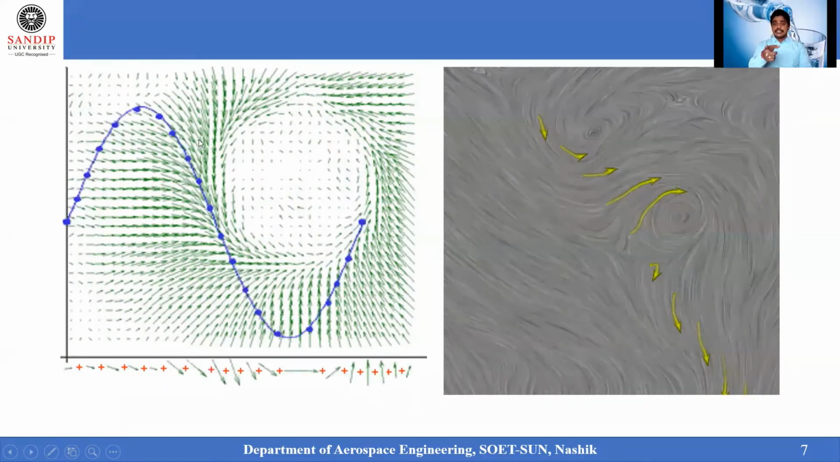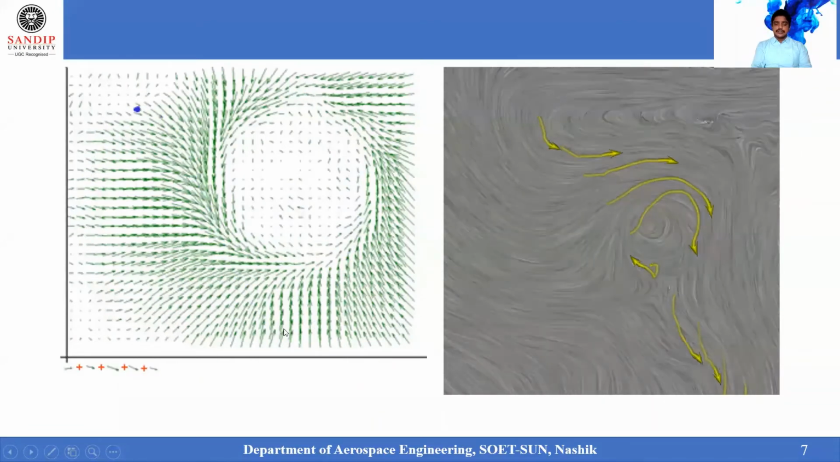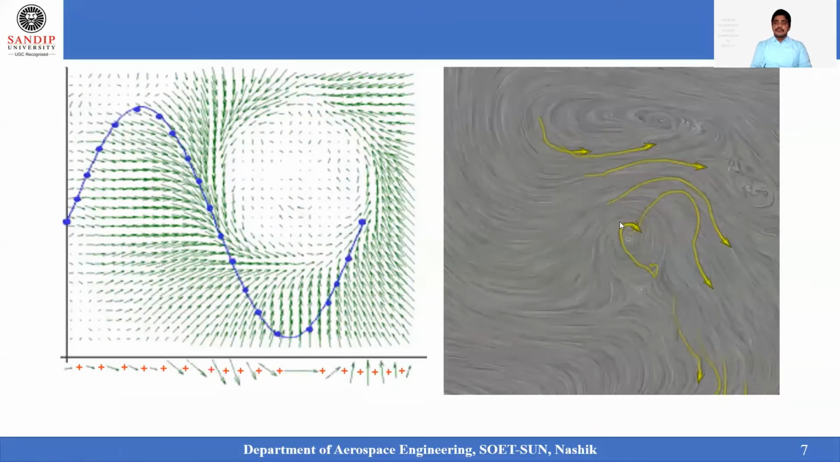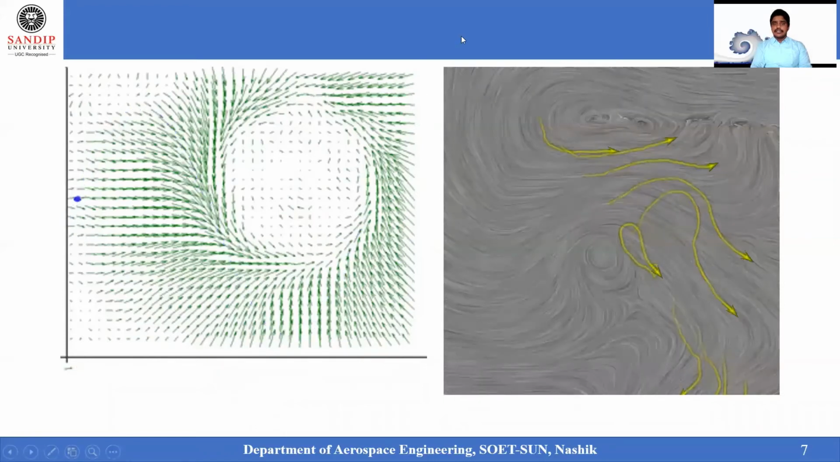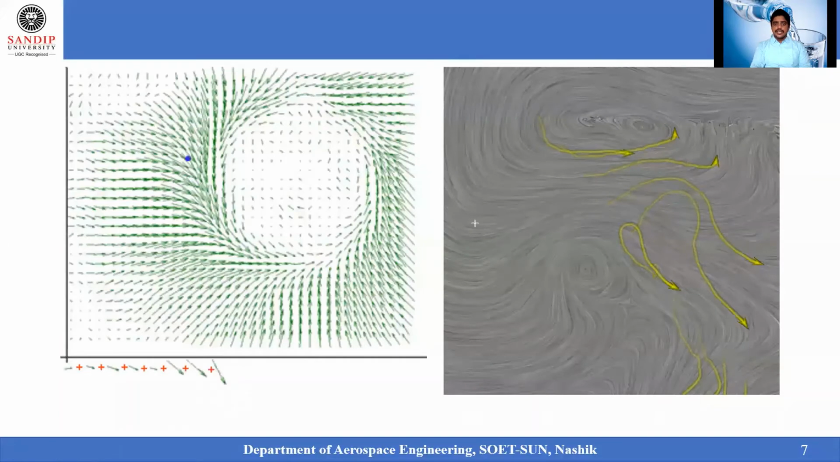So that we will see later. But as of now, we are only interested in the streamline. So this I will discuss later, right? And in this one, you can see initially, let me focus on some zone. So here in this zone,